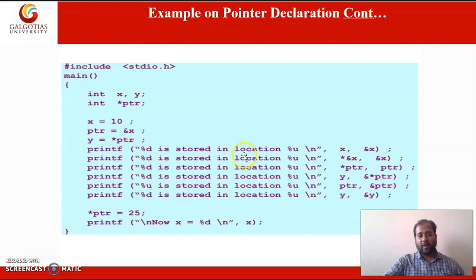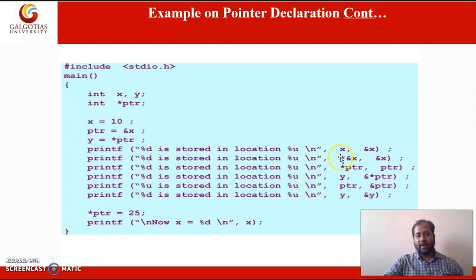So here we are printing. Percentage %d is used to print an integer value, and percentage mu is used to print an address.